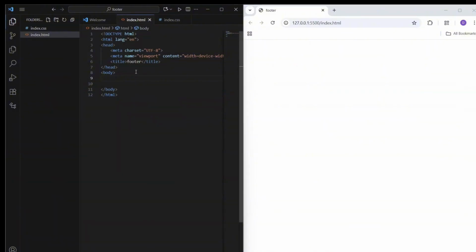Then after this, we create the footer tag. Then we create a div. So this div is for everything we are going to make inside the footer. Then we create another div. Then inside this div, we create the title, company, then we create another div again,